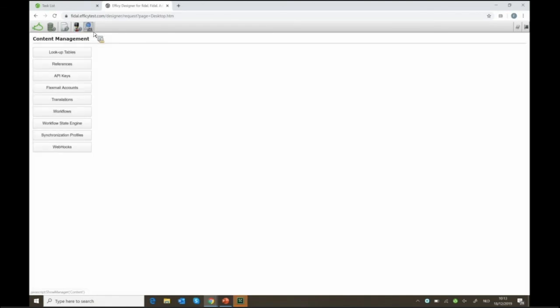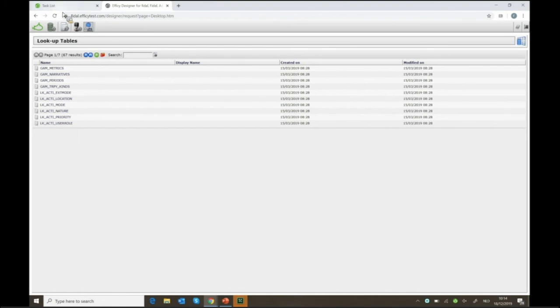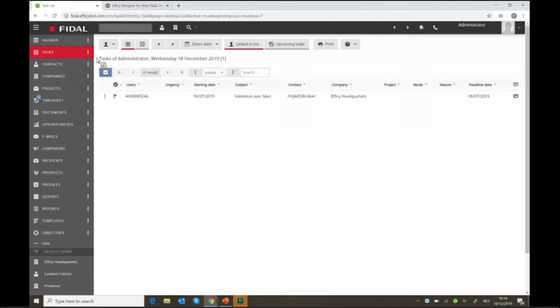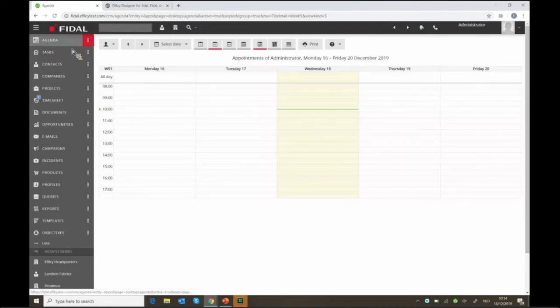Let's jump into content management of your database. So, lookup tables and references for today, and maybe, if necessary, translations, but the two major parts are lookups and references. Lookup tables are lists of values that you can apply within fields. I want to take one which is well known: when you create a task, for example,